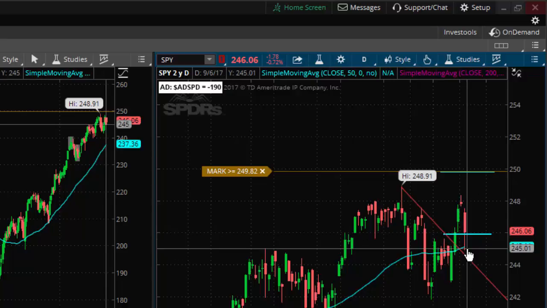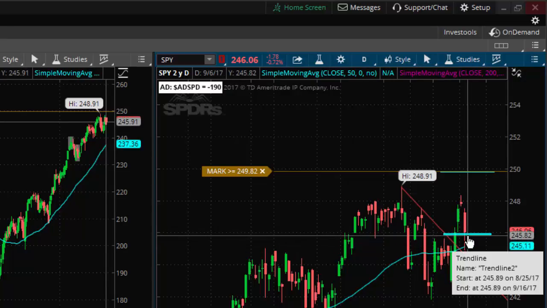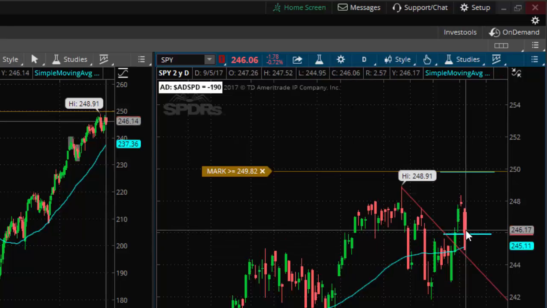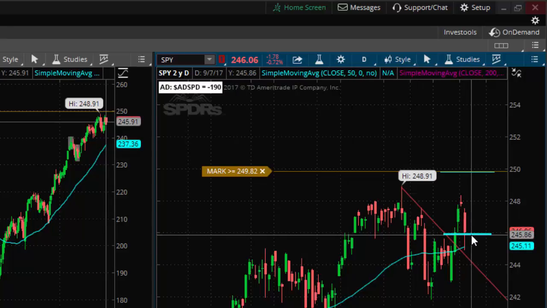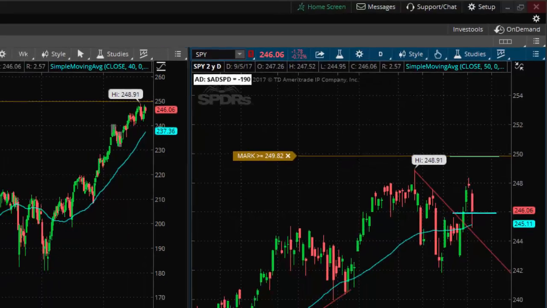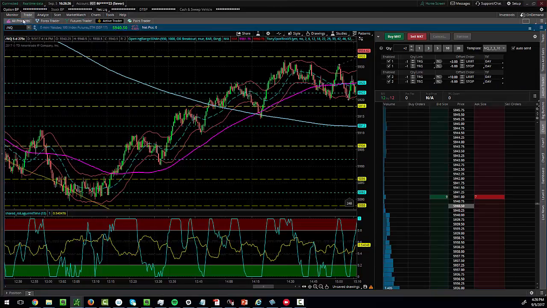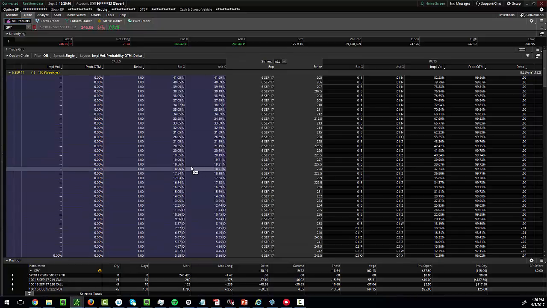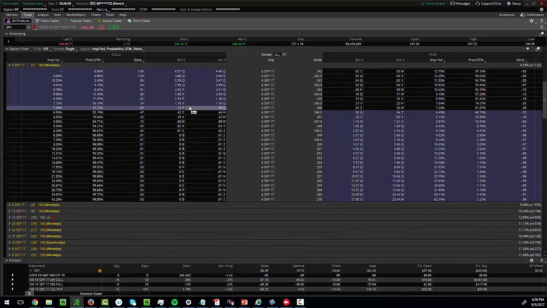Price went through that expected move like it was made out of butter, but you'll notice that it clawed its way back to close just above that expected move target. So that is a valid trade setup. Tomorrow, as long as the price holds, I can set up a call spread to the upside to see if we can take advantage of that. Now, the caveat here is I really don't want to be holding stuff overnight. But in tomorrow's market, if I wanted to, we could do this a couple of different ways. Actually, we could use the 6th September, and we could set up a simple call option here.